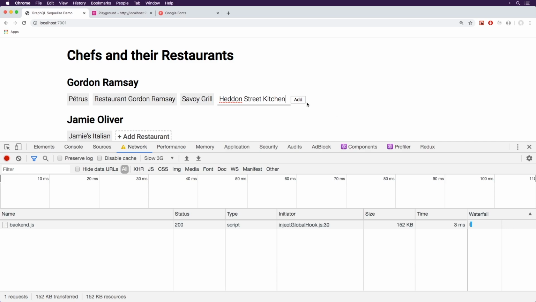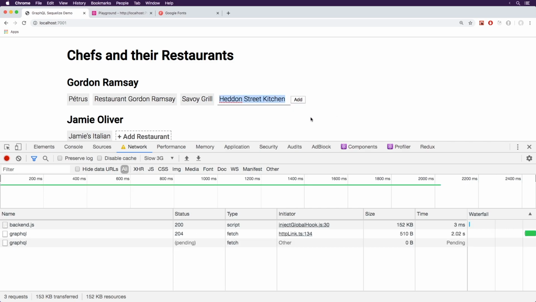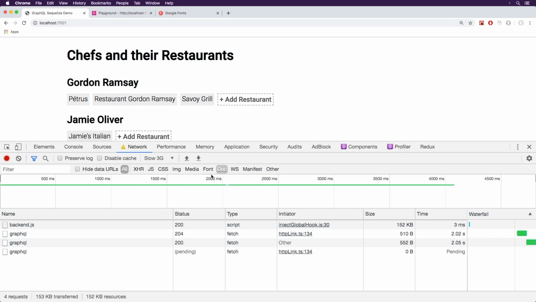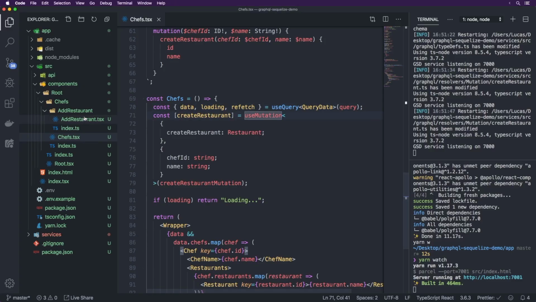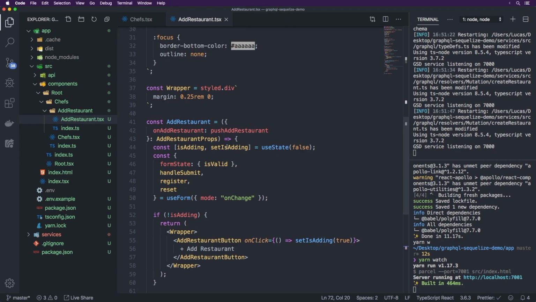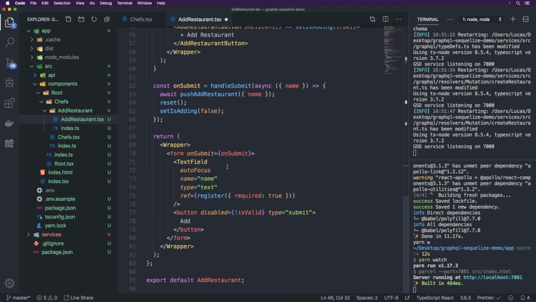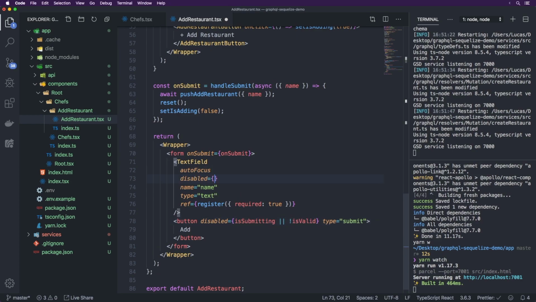And now you'll notice that if I press add, this is not disabled, and neither is this. And if I do press it again, it will actually add it twice. So that's something that we want to fix here, and it's disappeared because it's adding it in. But in order to fix this problem, all we have to do is simply disable our form whilst it's submitting. And to do that, inside of add restaurant here, before isValid, let's just add in isSubmitting like that. And then let's do button disabled if isSubmitting or isValid like that,